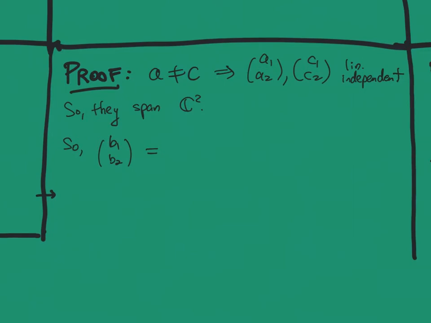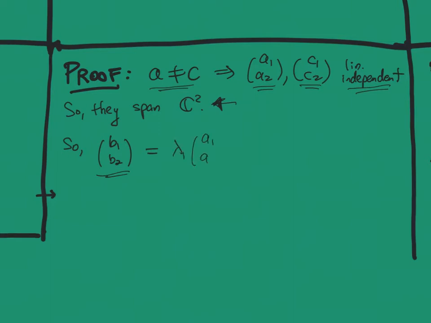So how does this work? Well, since these points A and C are different, that means the corresponding vectors are not multiples of each other, so they're linearly independent, so they span C2. That means we can write our third vector as a combination of them,